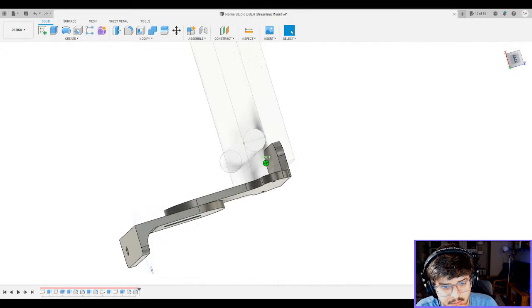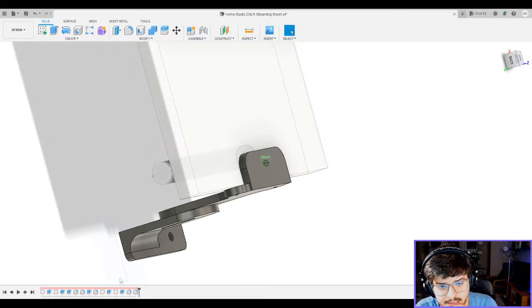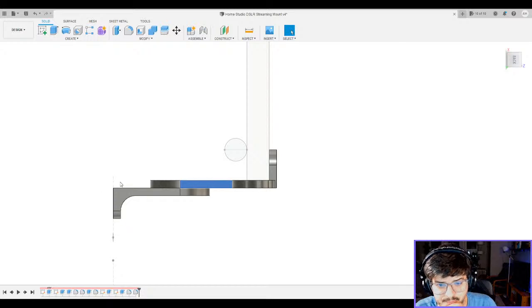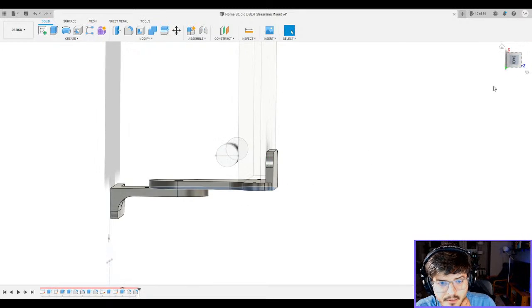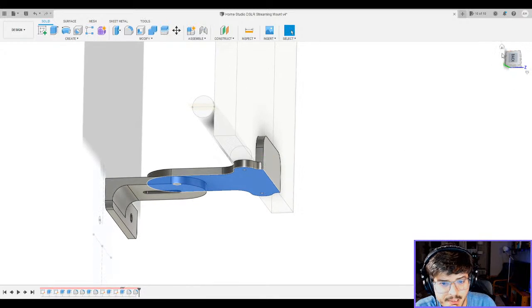Because see, if I have the layer lines running across like this, so if it's printing flat on this surface, the layer lines are going to run along this flat plane, but then they're going to be really thin over here. So it's really meant to add just a bit more strength. So the screws are going to be put in this way, so that's going to already add some strength into the side.